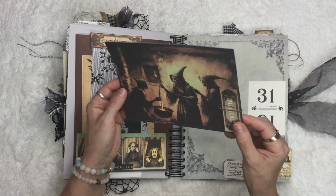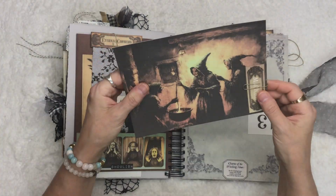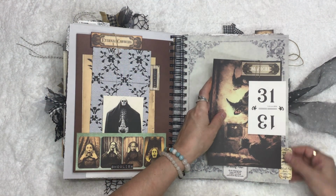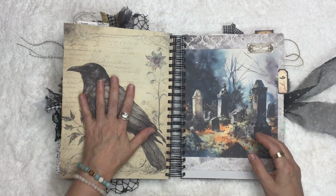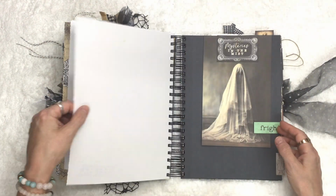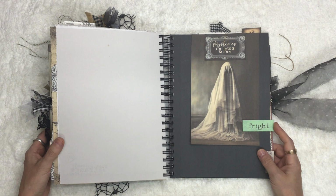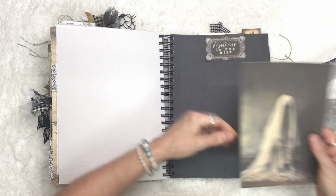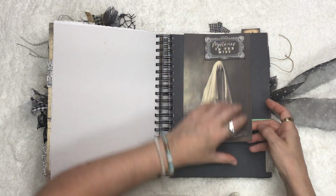So like I said, some of them, the ones that I couldn't decide, I just doubled up. So you've got the witch pocket, and then this for journaling, magical, sure is. And then here we have the black cat tab, which is in their kitties. This is cardstock, and then we've got paper, and then ta-da! I mean, come on. It's so great. Yes, this had to be a journal spot. Like, it just had to be. I mean, obviously you can turn it into another pocket or do whatever you like, but I really wanted to give you that option